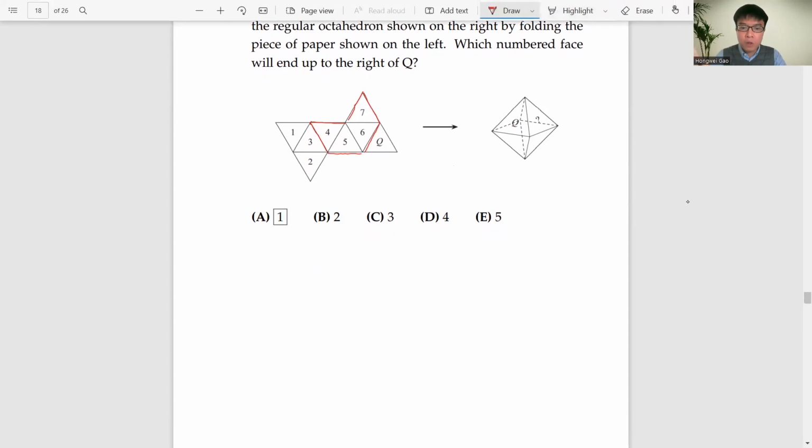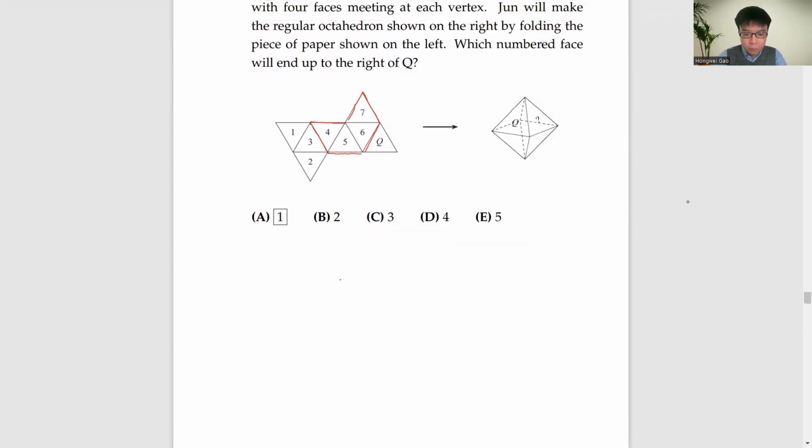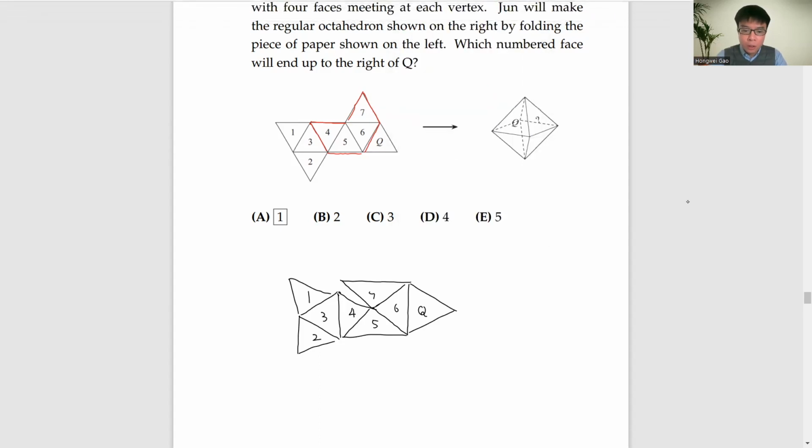And let me fold 7 to 4 to get closer. We need some imagination. So we have 7 here, 4 here, 5 here, 6 here. On the right of 6, that's Q. On the left of 4, we have 3. Here's 1. Here is 2. So imagine that these 4 red triangles make the lower part of the octahedron. That's the lower part. Let me mark here the lower part